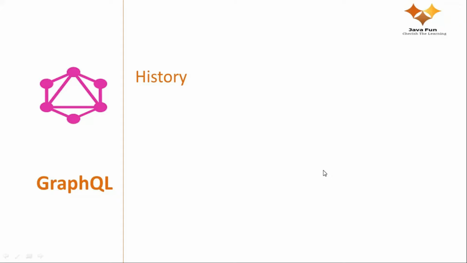Prior to GraphQL, HTTP endpoints used to be implemented in SOAP or in REST. If you think about REST as well as SOAP, there are quite a few limitations that used to be encountered while its development. And GraphQL basically aims to solve all those limitations that we have in SOAP as well as REST. GraphQL was developed in-house at Facebook, and they developed it when they were facing certain problems with their native Facebook app.